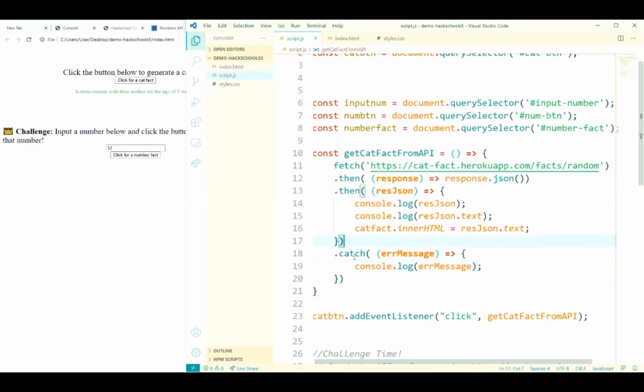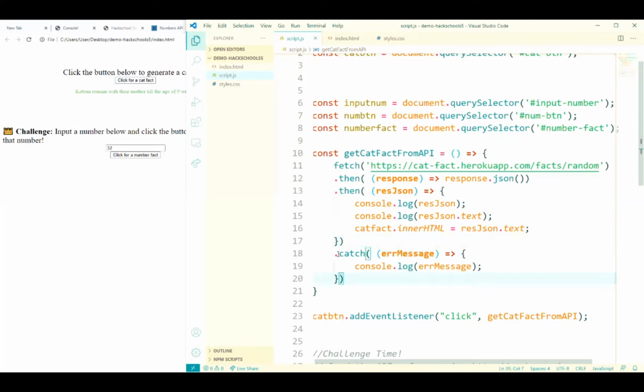But let's say there's an error happening and it's a subtle error. It's not caught by many things. And then the moment we set catfact.innerHTML equals res.json.text, and then we do something to our page, we screwed up our page. That is not what we want, because of course you don't want to put random things onto your page and let your user know that you're a bad programmer. No.